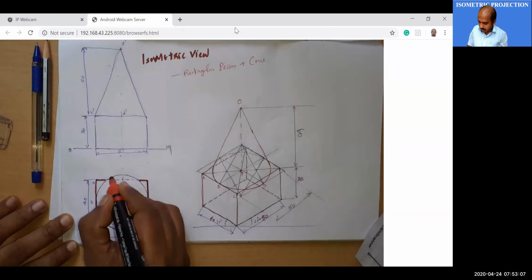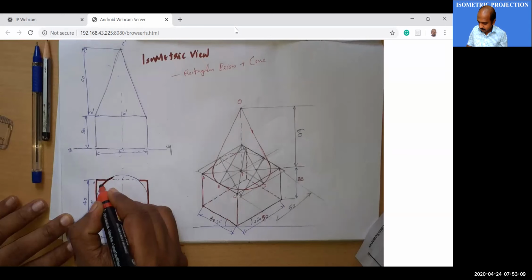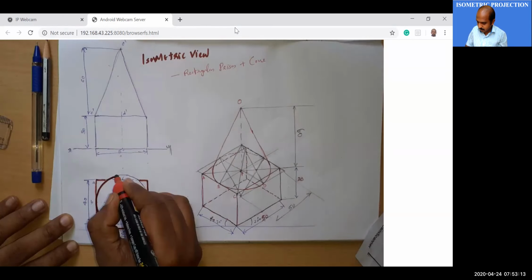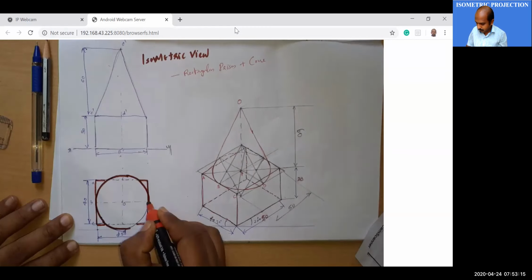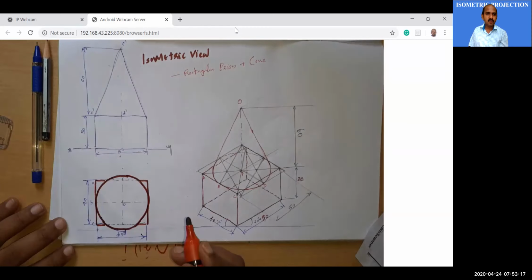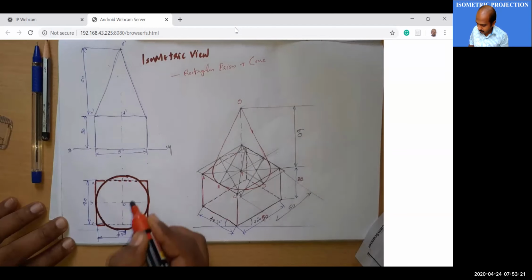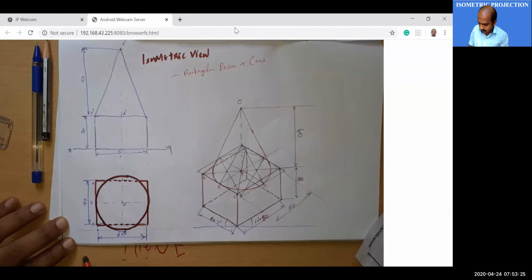And above this, we have a circle. The circle represents the top view of your cone. So these portions are hidden. Let us keep naming. This will be small a, small b, small c, small d, and this o.